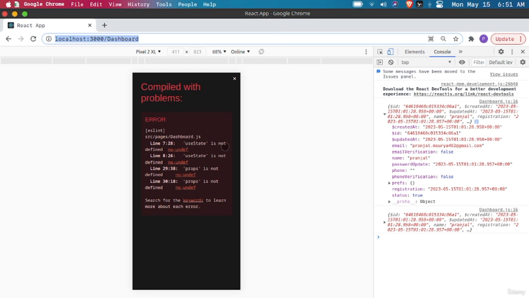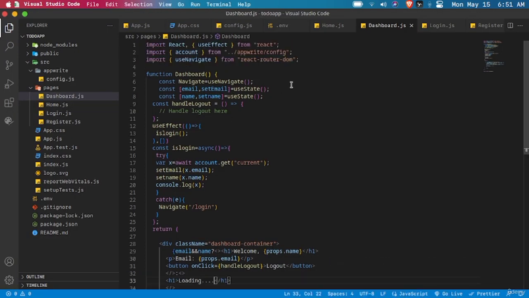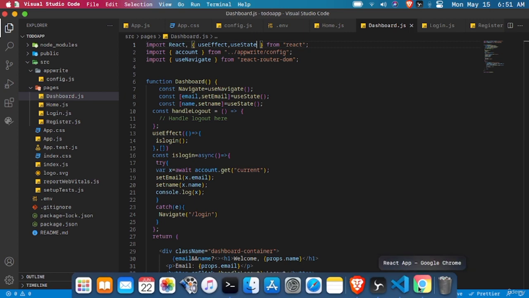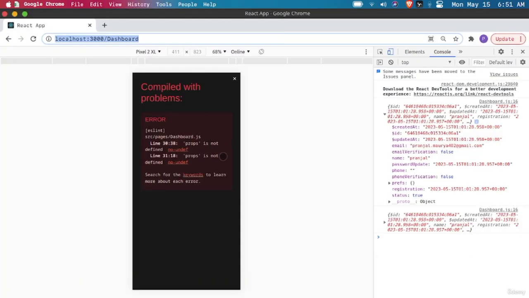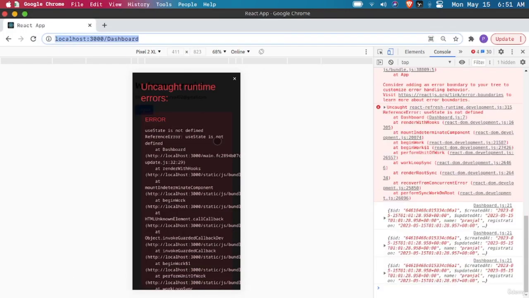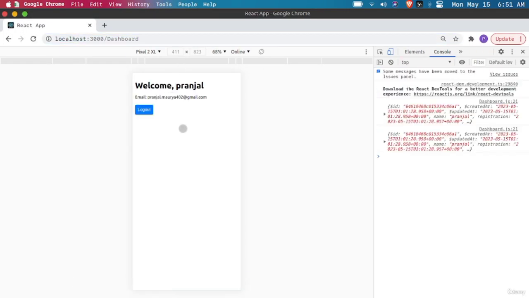So it is showing that useState is not defined. So yeah, let's import this. So import useState, refresh it. Props is not defined. So let's see, where is the props? Yeah, there it is. So now refresh and see the dashboard. So yeah, it is working. Welcome Pranjal Maurya, and